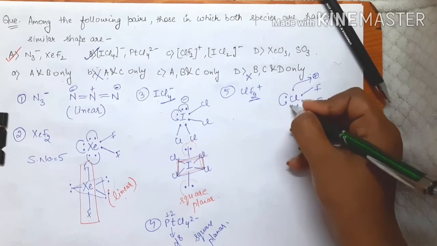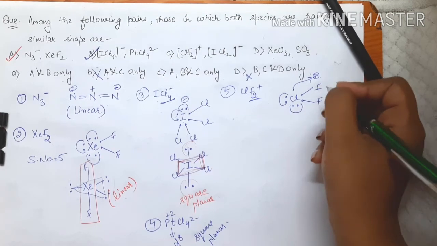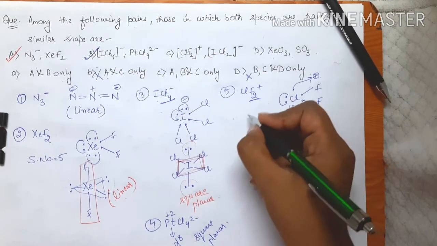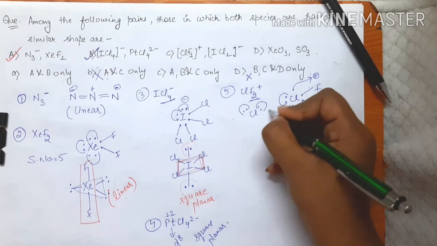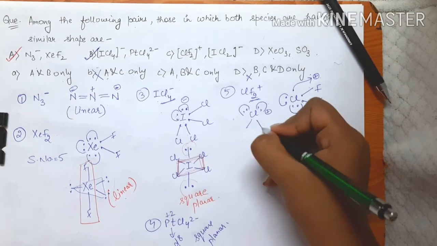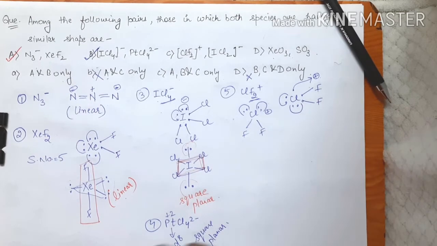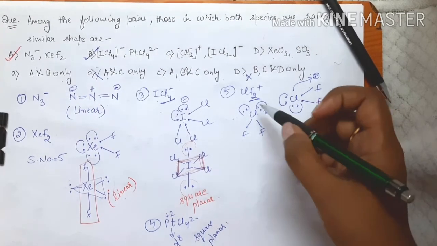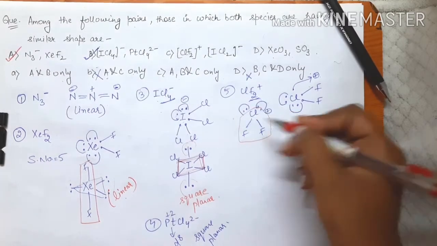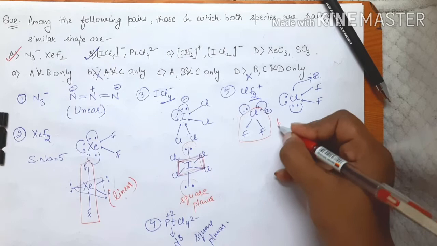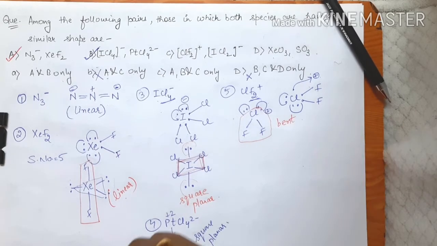Now chlorine will be having 2 lone pairs and 2 bond pairs, so the shape is going to be just like water molecule, like this, positive charge and 2 fluorines like this. Okay, this is the geometry, and if we have to find out the shape, then we just have to ignore the lone pairs. So this type of shape is called bent shape.